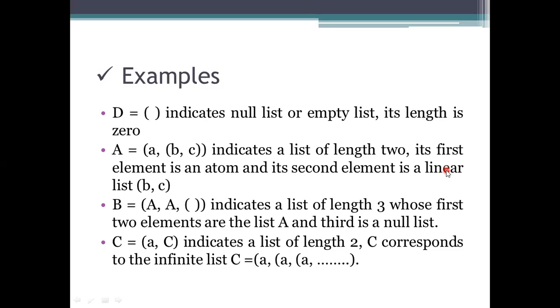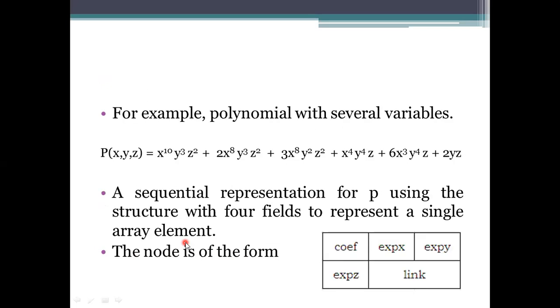Then it will take the length of that as 0. So how can we define this generalized list? The generalized list will be an atom, or it may be an atom plus a linear list, and it is considered recursive. If you are calling your list infinite times, then it is taken as recursive. In this C structure, you are continuously using the atom A, and it calls itself, but the length of that is specified as 2 only. Here it calls itself, and we have been placing the request here.